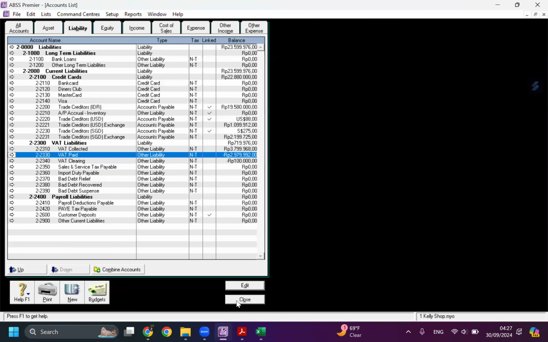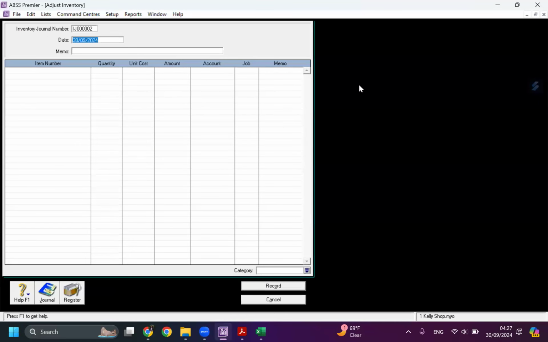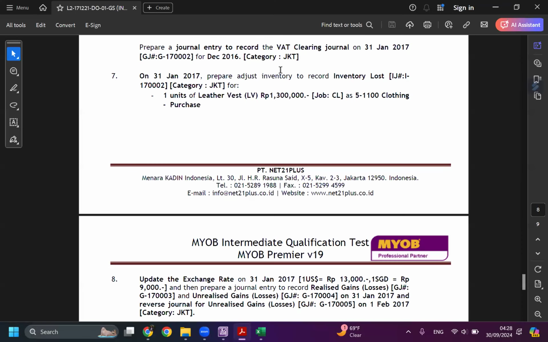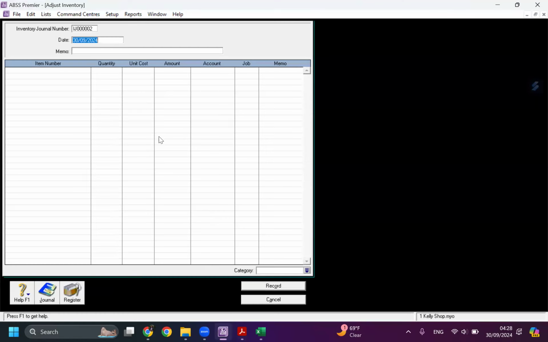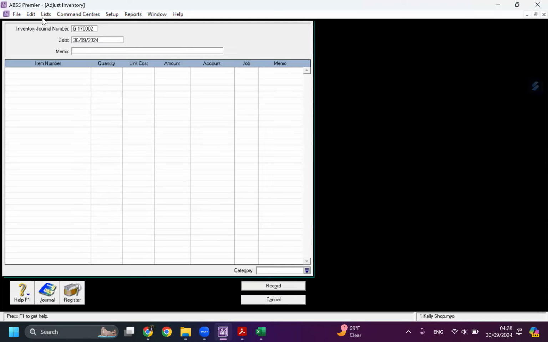So you can go to inventory and then adjust inventory. What are we going to put? The journal number is this and the category is Jakarta. And it's happening on 31st January.